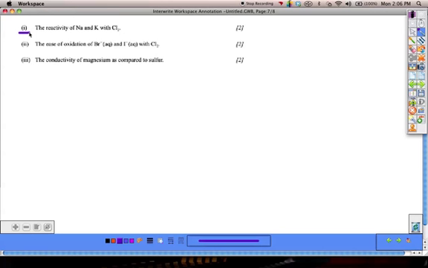Finally, part 3, the conductivity of magnesium compared to sulfur. So I want to find those on the periodic table. They are not in the same family. They're in two completely different families. Magnesium is a metal, sulfur is a non-metal. Metals we know are good. Sulfur, on the other hand, is a non-metal, so it's a non-conductor, and its electrons are covalently bonded, which means it is not